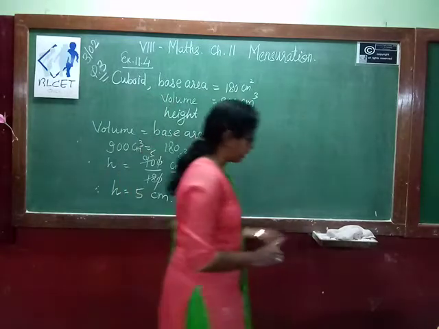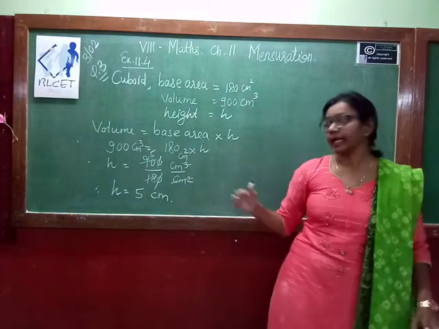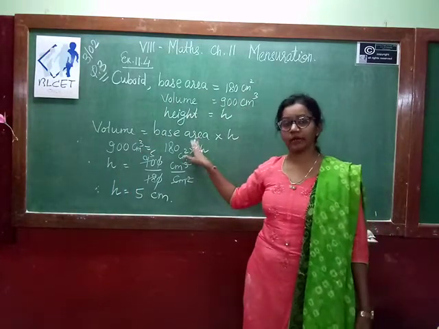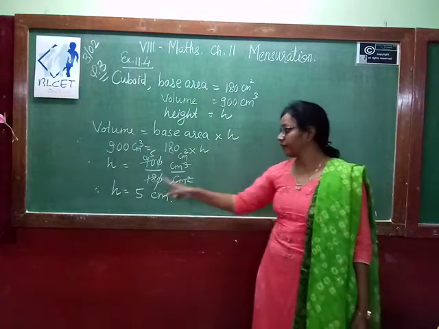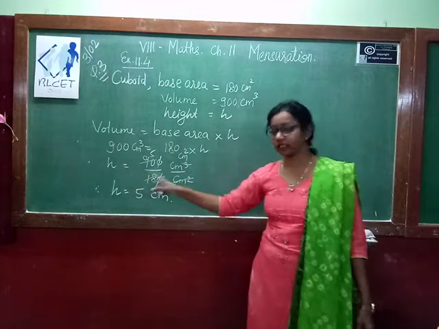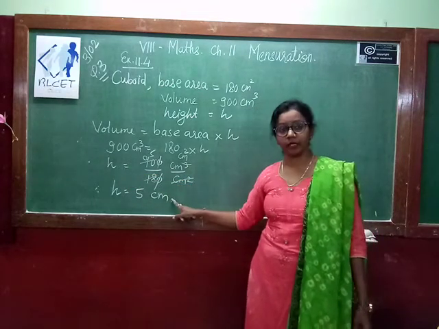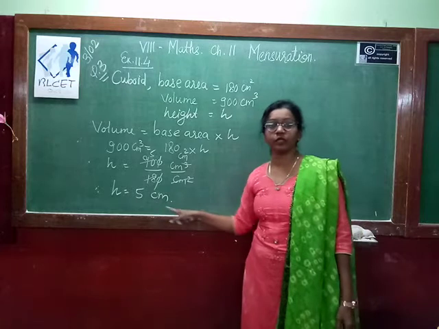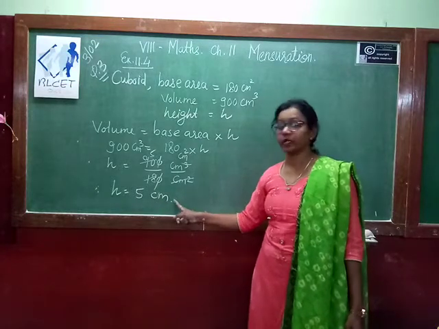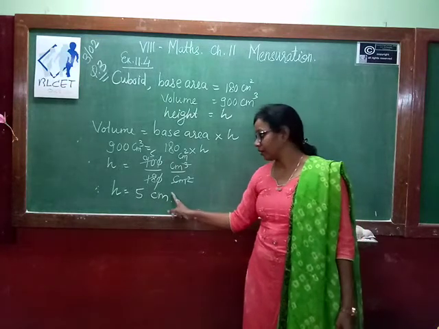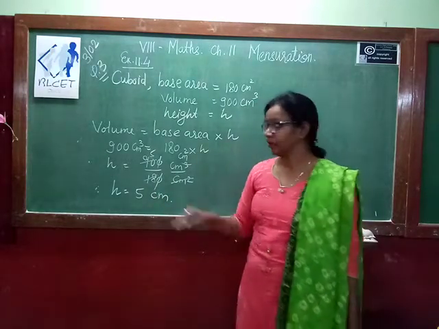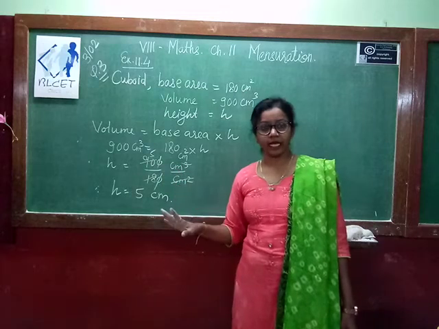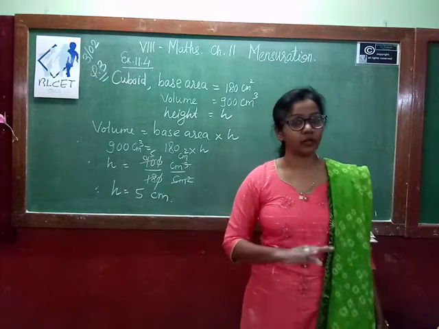You should also understand, when you write whatever dimensions are given with units, if you want to find only height, your unit should be centimeter. Sometimes it happens you do the calculation but you forget to write the dimension. If you do not write centimeter, you are losing half marks. Suppose you are finding the area. So the unit of area is centimeter square or meter square.